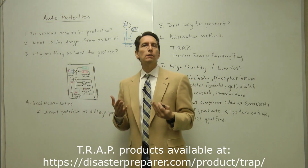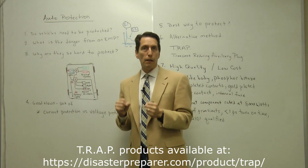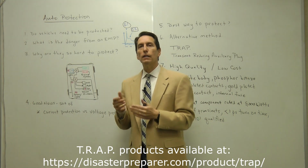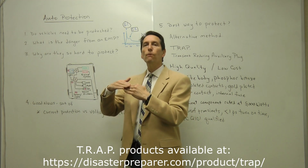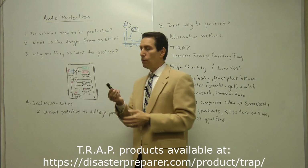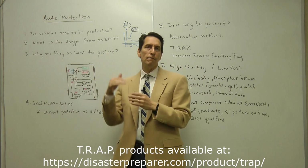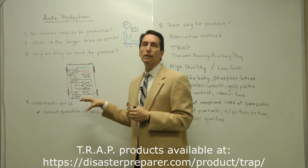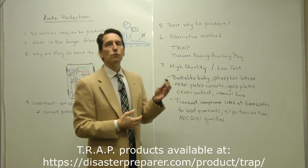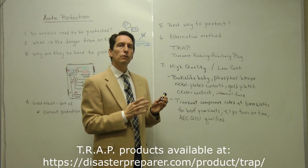And it ends up that to suppress voltage is very easy. You don't need lots of giant components. You don't need big, thick wire. You really just need very fast semiconductor electronics that can shunt that energy away before that electrical pressure, that voltage, gets too high. All right? So in fact, these components are plenty large enough to suppress that voltage. And it's the same type of technology that's used in other parts of a vehicle. All right? So yes, they're small, they go into the cigarette lighter plugs,